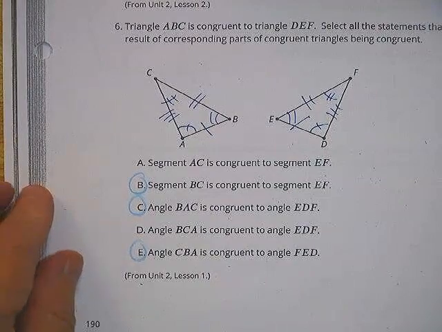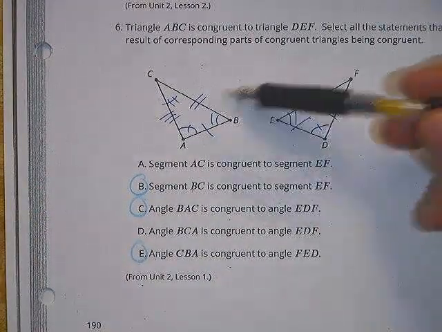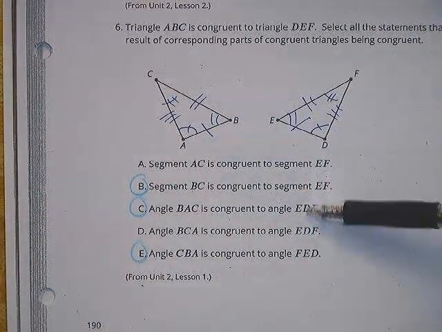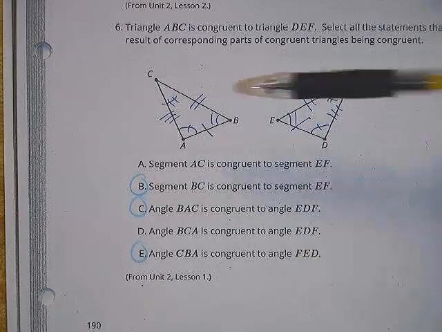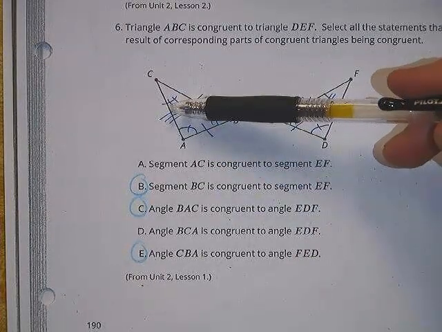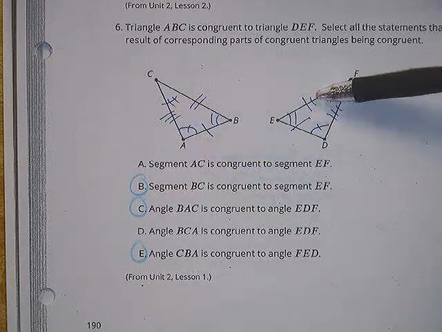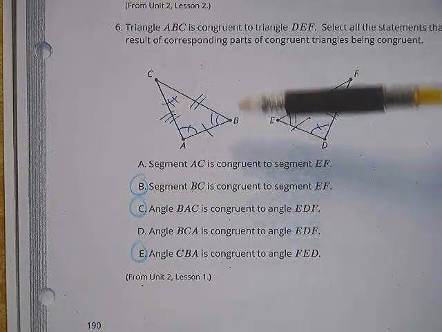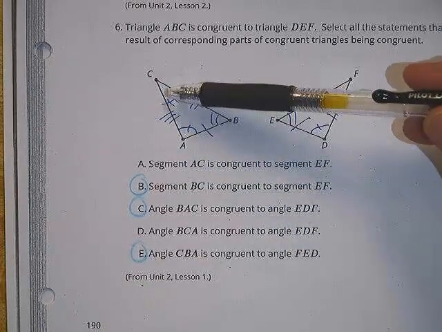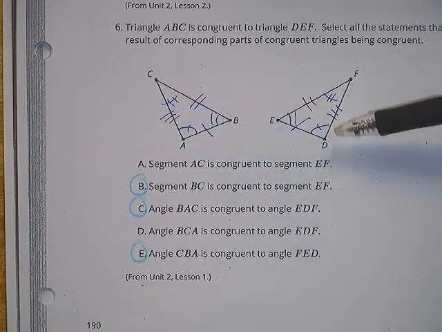In problem 6, you'll notice I did the same thing. I marked the picture, and B, C, and E are correct. If I look at A, AC, which is a triple, and EF, which is a double, they're marked differently. In problem D, angle BCA has a double tick mark, and FDE,